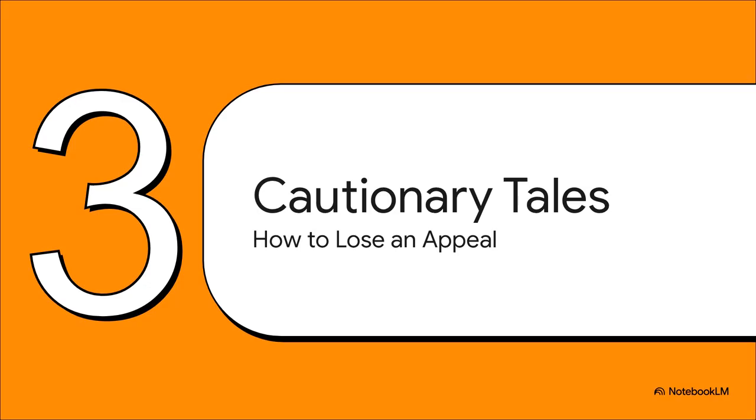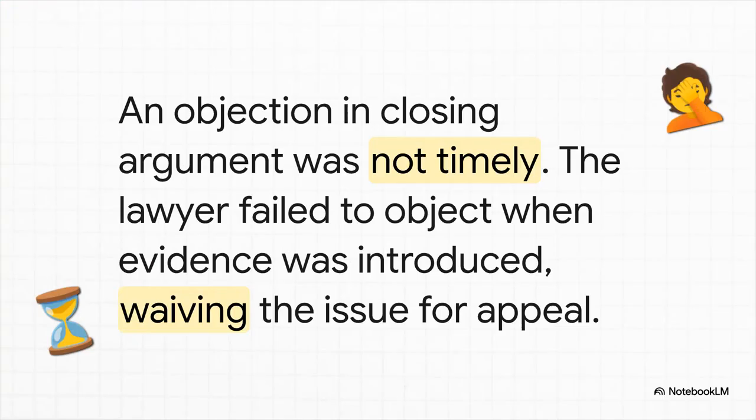Now, talk is one thing, but let's look at some real-life stories from the courthouse. These are cautionary tales about how perfectly good appeals were lost right there on the trial floor, all because a lawyer forgot these simple basics from Rule 103. Let's kick things off with a case called State v. Torres. It was a DUI case, and the prosecutor puts in some paperwork about the defendant's prior convictions. The defense lawyer, he doesn't do a thing, just sits there quiet as a mouse. Then, way later, when he's giving his closing argument to the jury, he decides now is a good time to argue that the paperwork wasn't properly authenticated.